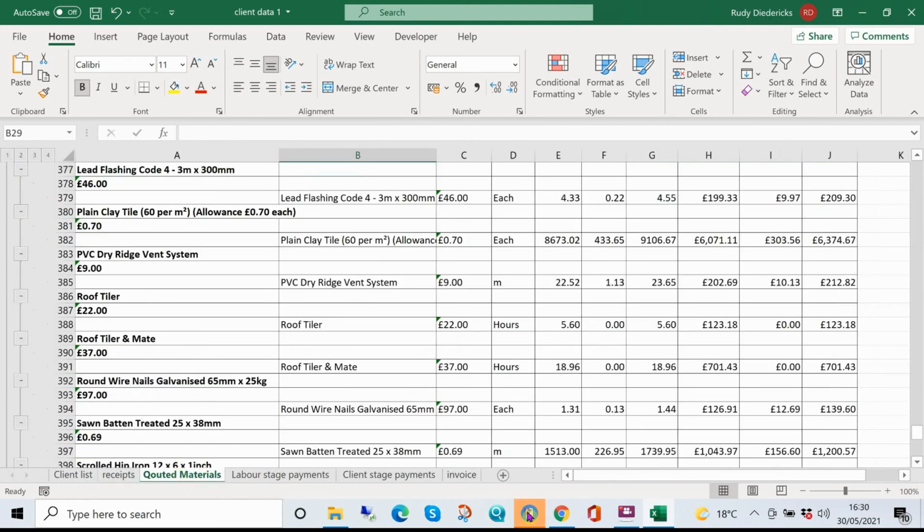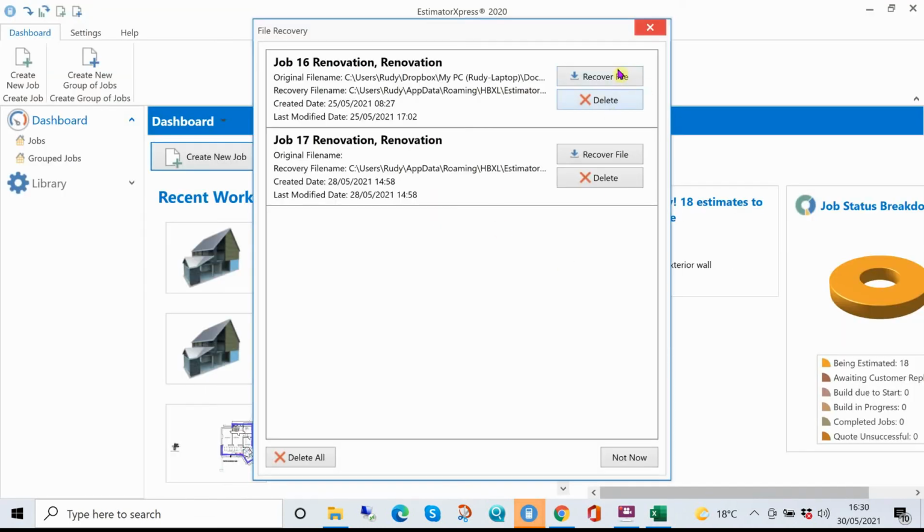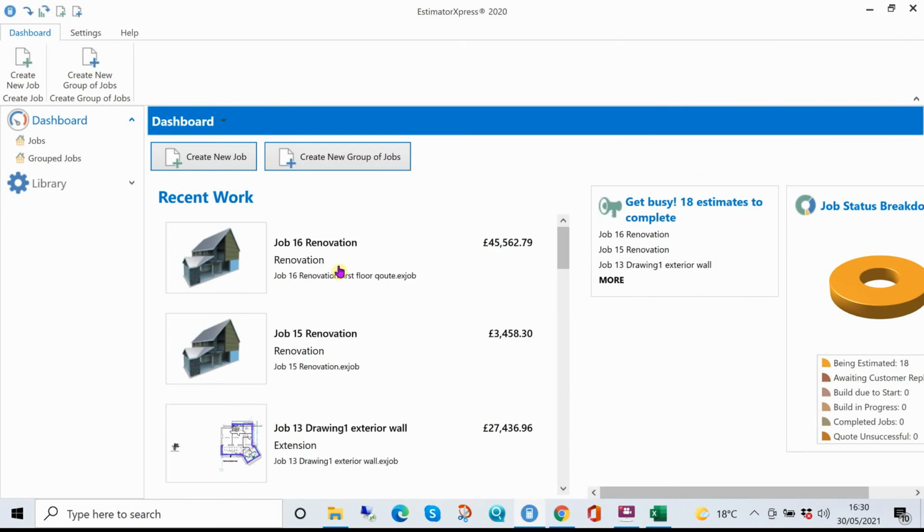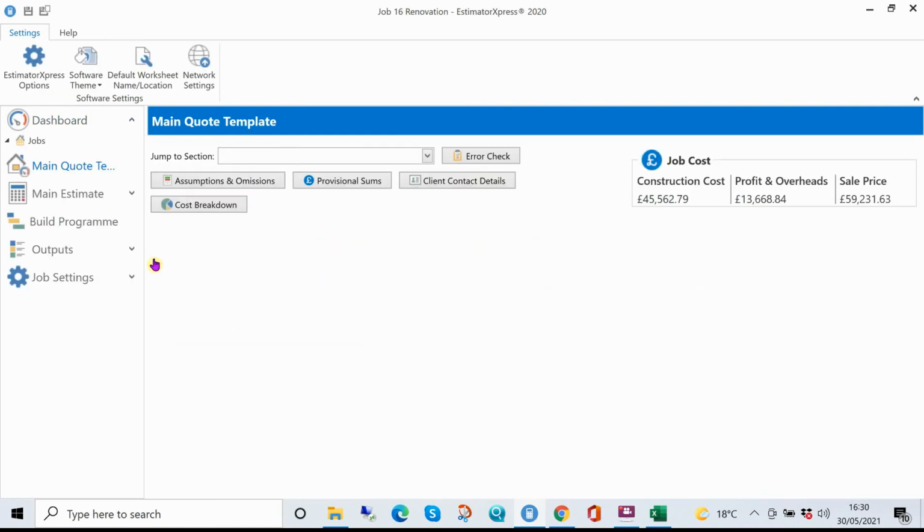Now, just to show you what the other software looks like, where I get this information from, it is from this software here. So what happens, I will open up, this generates a quote for me. This is totally separate from what you are going to build for me. There's only one page that I am going to export from here into the Excel page, which is the materials that need to be purchased. So if I go to output,